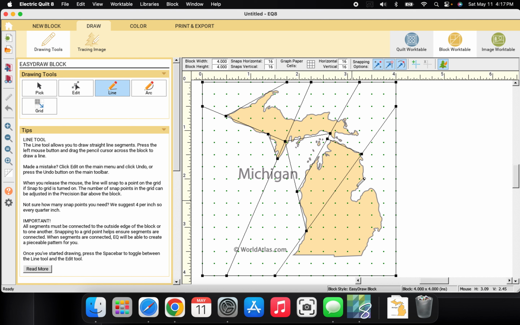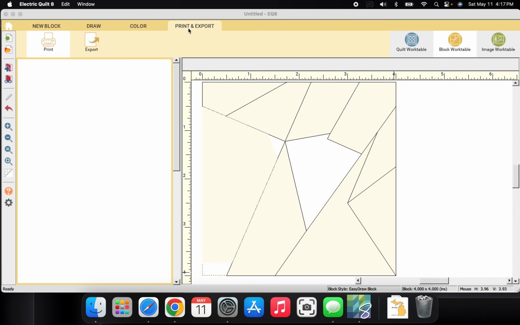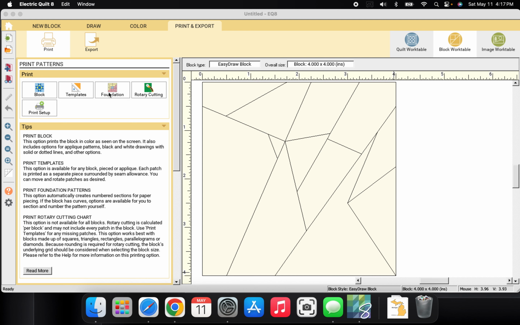So say for example I draw a line there and there, and then I go to that. If I go to print export, and then I go to foundation,